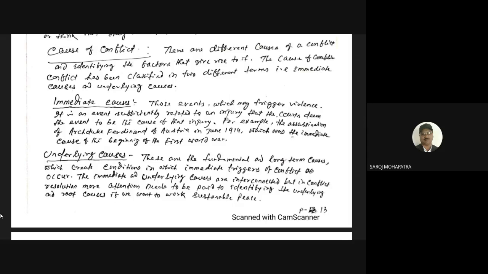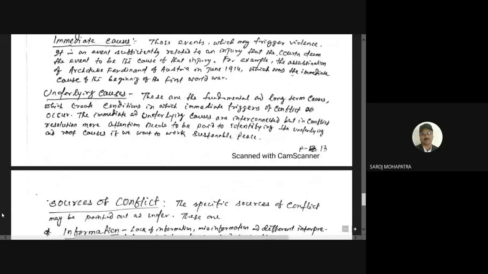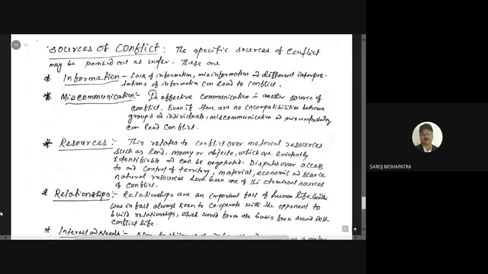So now we will see the sources of a conflict. What are the sources of a conflict, and then next we will try how it can be solved. The sources of a conflict